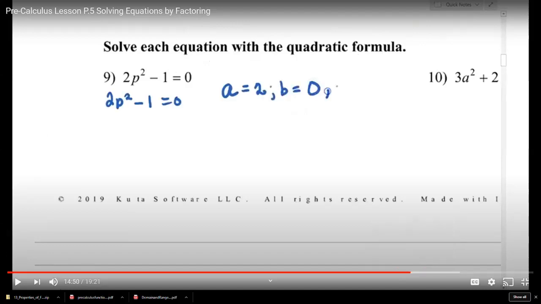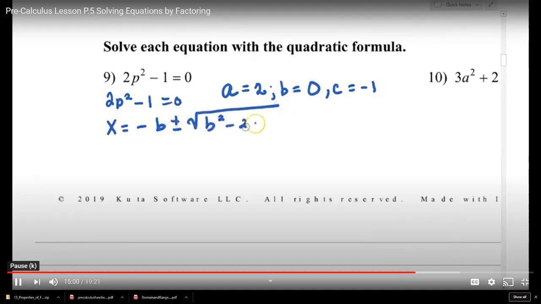You have to identify a, in this case it's 2. You have to identify the b coefficient, which is not there, so it's 0. And then the c coefficient is negative 1. So our formula is negative b plus or minus the square root of b squared minus 4ac, divided by